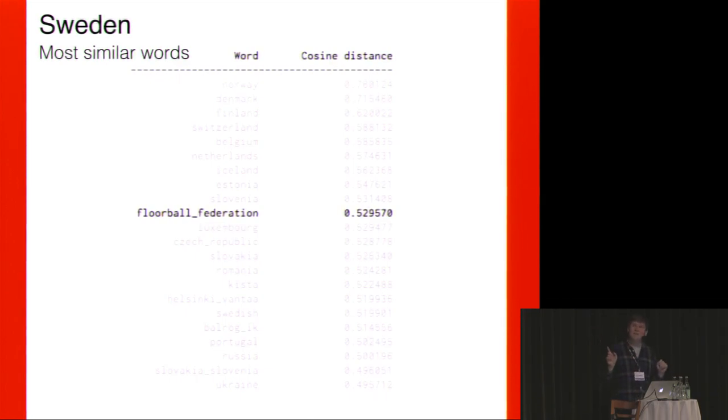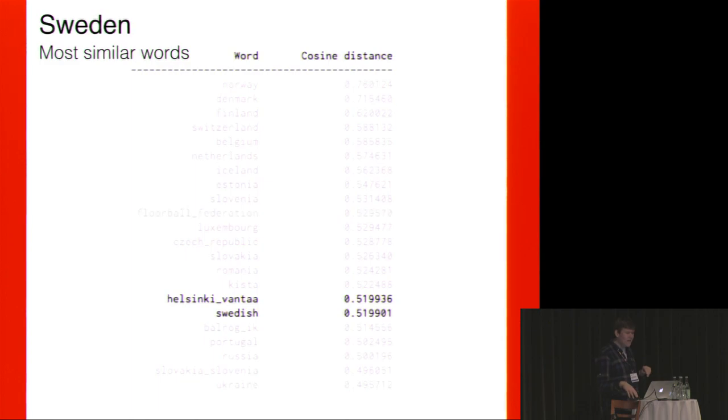Also, I trained this on a relatively small data set. That might also be part of the problem. But another interesting thing you can learn is that, for instance, Swedish as an adjective, which theoretically is very close to Sweden, is ranked below Helsinki-Vantaa. So Helsinki-Vantaa is the place in Helsinki where the airport is. My professor's theory, and mine, is that it's because a lot of people travel from Stockholm, Sweden to Helsinki-Vantaa. And what this got right is that structurally, Swedish is not very similar to Sweden, because Swedish is an adjective, while Sweden is a proper noun. Vantaa, on the other hand, is also a place, just like Sweden.